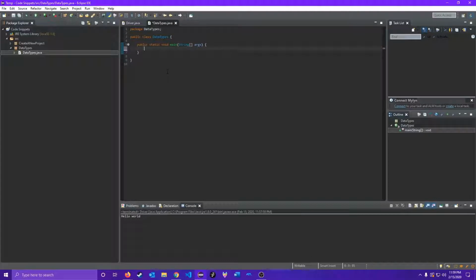So what is a data type? A data type is just a way that Java represents memory and information when you create a program. So for example,